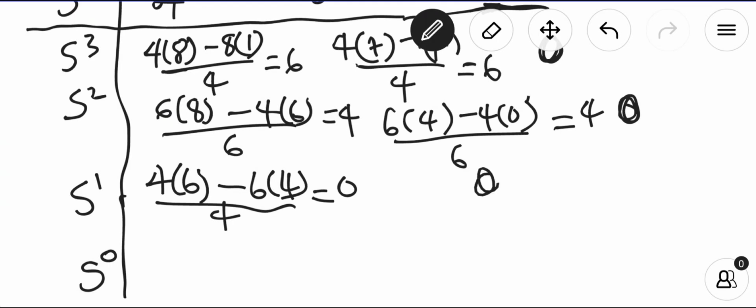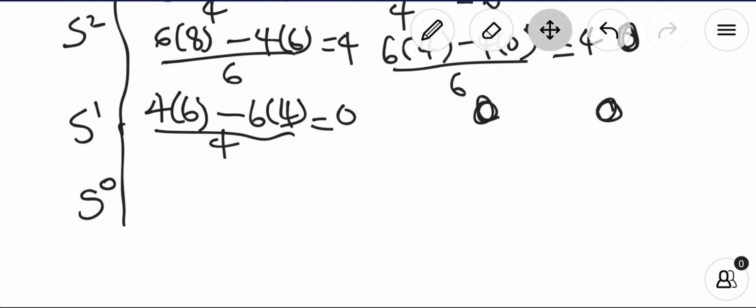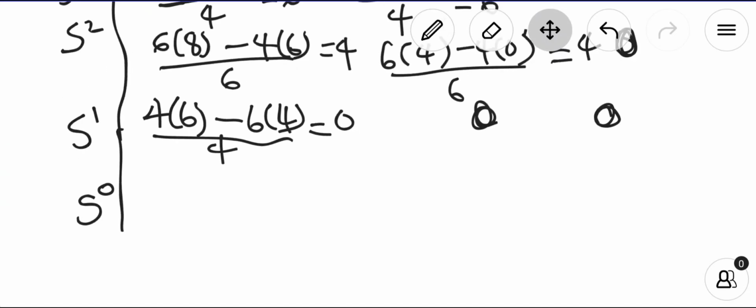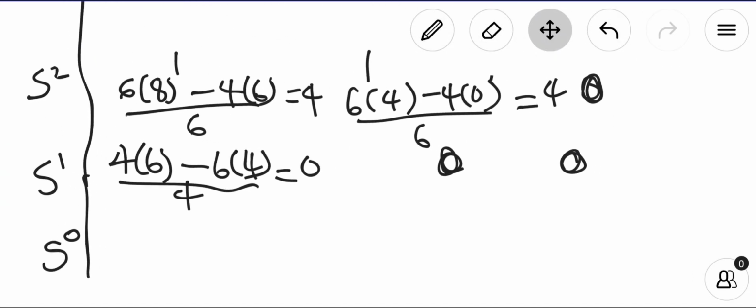This side too is 0 and this is also 0. But we cannot end it like this. This array is not complete as long as there is no s to power 0. This array is not complete, and we are having 0 at s to power 1, which means the array is ending prematurely. We need to actually continue till s to power 0, and in order to do that, we have